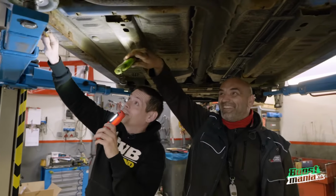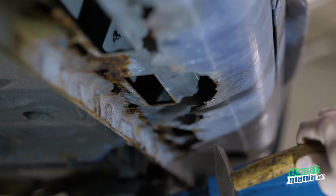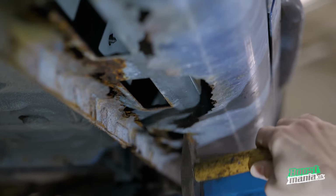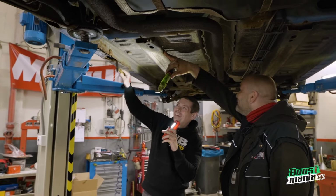Well, this is a pretty hard moment for me. But this is just made of paper. Look at it, it's just crumbling. Do I even want to continue? Yeah, just go on. Alright, there's way more. Look how much is coming off. You like it, don't you? I mean...